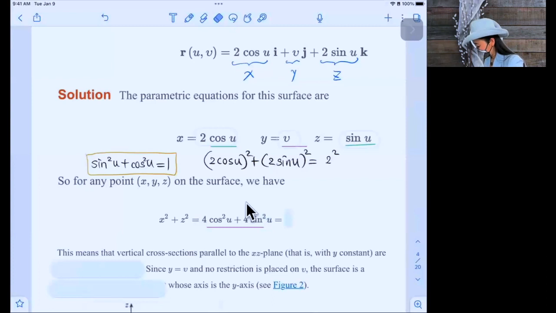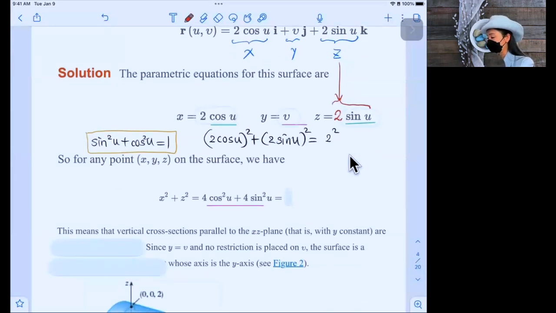Oh, hey, did I forget a 2? Yeah, 2 sine u. You got it. Okay. So z squared. Did I forget a 2 over here? X is this. Oh, there's a 2 over here. I forgot. Okay. So there's a 2 over here. This one here is z, right? This is a 2. Forgot a 2 over here. Okay. All right. So we have 4 cosine square u plus 4 sine square u,